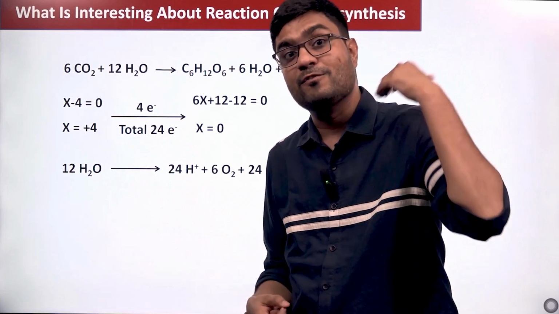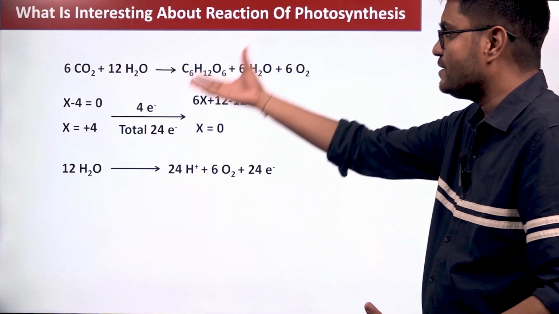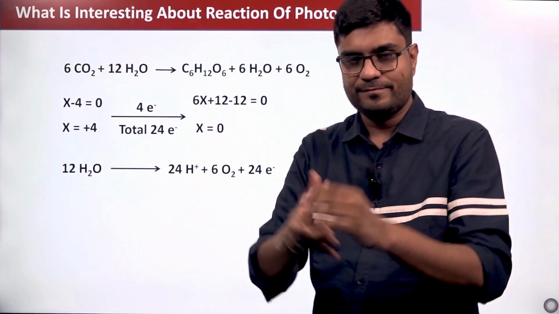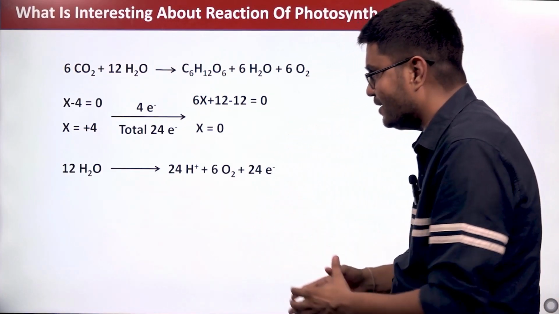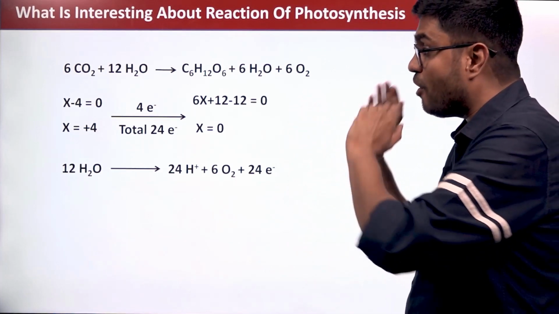That 12 water molecule will come and will give 24 electrons, and we will run this reduction reaction, and ultimately will create glucose for our life. Now they have chosen a wrong thing actually, or a difficult thing to do. Why? Because we have already seen that